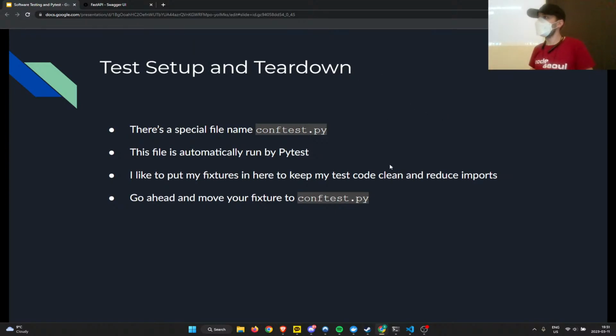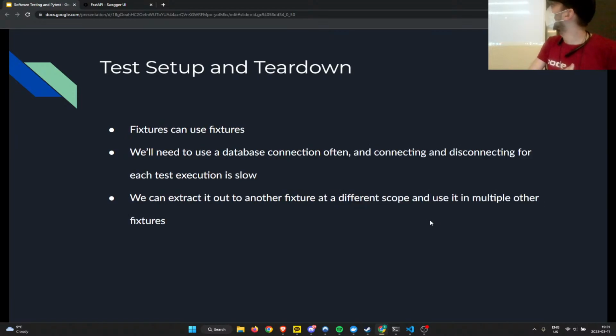Just a minor comment, but would it be a good idea to put test client under fixture and give it a scope of session? Yes. So the question was about the test client: would it also be good to move that to conftest and make a fixture out of it, scoped to the entire session so that you just keep reusing the same client? Yes, it would be, and I think we do that. I don't entirely remember. It's been a while since I've done this part of the presentation. So let's run through it.